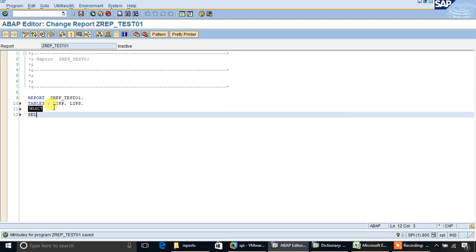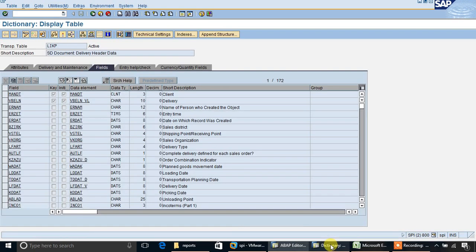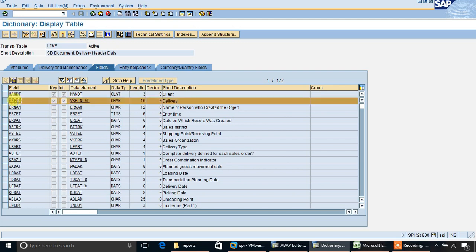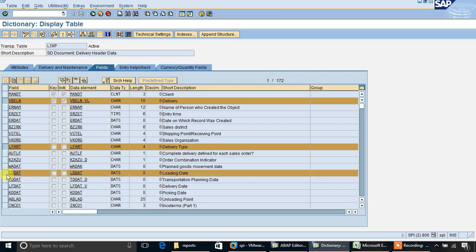And then select options. Now let's see the fields in the table. I am taking VBELN, LFART and LDDAT.